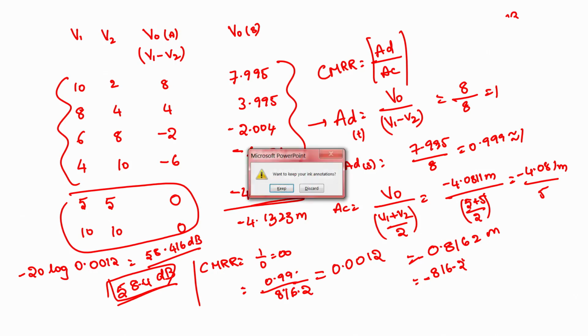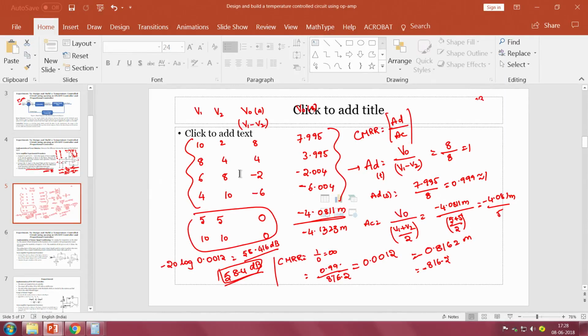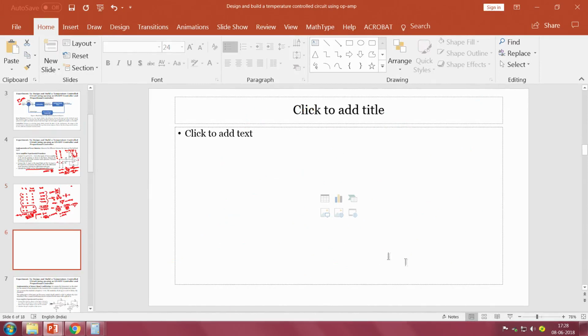So, what I will do is that I will take one more slide for instrumentation amplifier. If we recall the working of an instrumentation amplifier, we will be taking 3 op amps plus one more op amp, with a resistor combination.